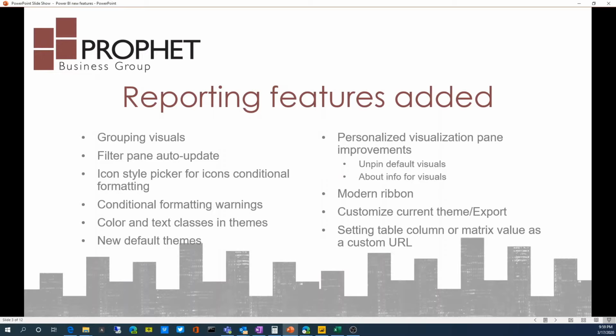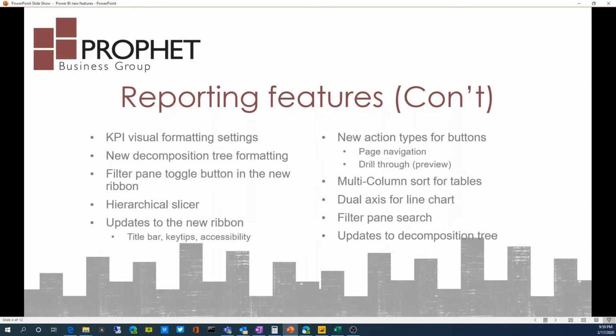a new modern ribbon similar to other Office products, customize current theme and the ability to export that current theme, setting table, column, or matrix value as a custom URL. They've also added the ability with KPI visual formatting settings, new decomposition tree formatting, filter pane toggle button in the new ribbon, hierarchical slicer, the ability in the new ribbon to